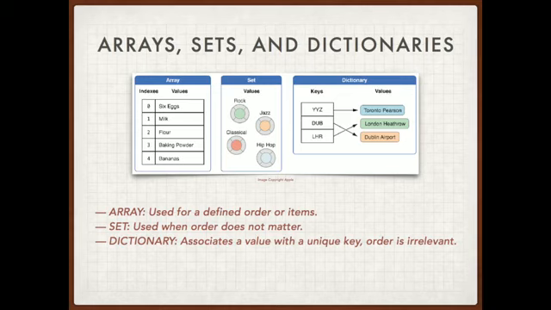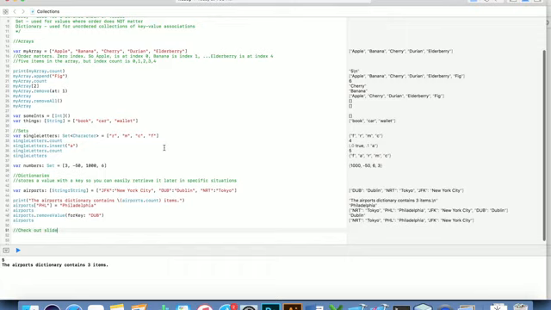But yeah, an array is used for a defined order of items, right, with an index and a value, in a defined order. Sets are when you want to group things together, but it doesn't matter what order they're in. And lastly, a dictionary has a key, which relates to a value. As you can see, I kind of used the airport example. So that is